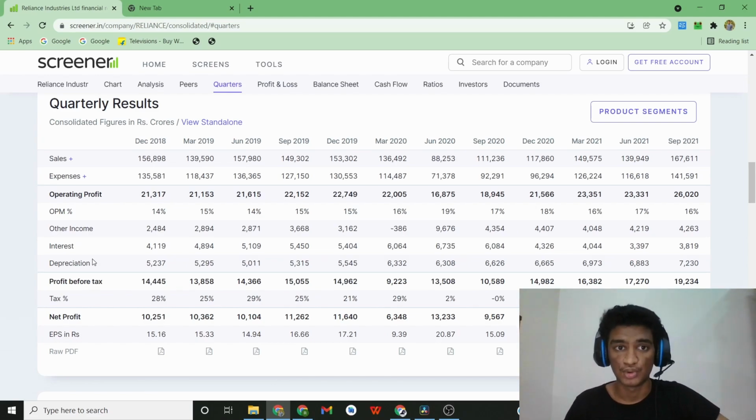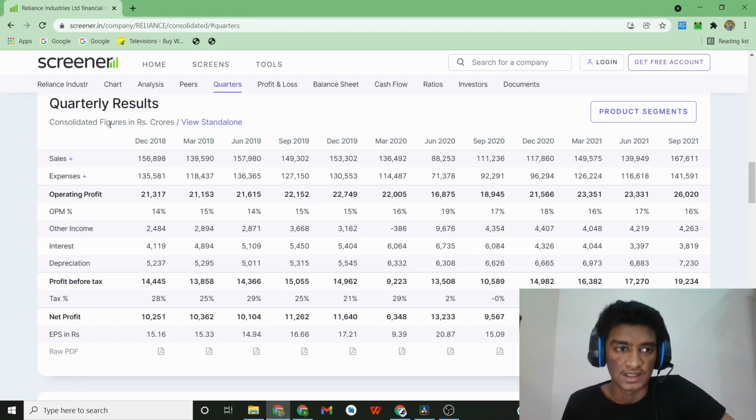So just in case you don't know what quarterly results are, your financial year starts from 1st of April and ends on 31st of March of the following year. So your year is divided into quarters, each quarter consisting of 3 months. Your quarter 1 starts on 1st of April. So April, May, June is your first quarter. July, August, September is your quarter 2. Following 3 months, your quarter 3 and your quarter 4. So your quarter 4 ends on March 31st.